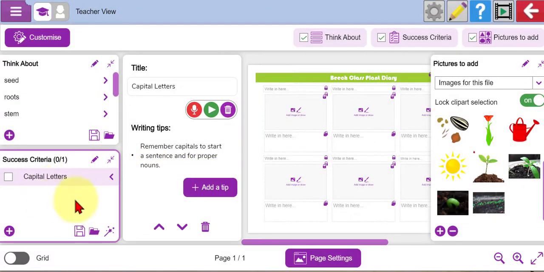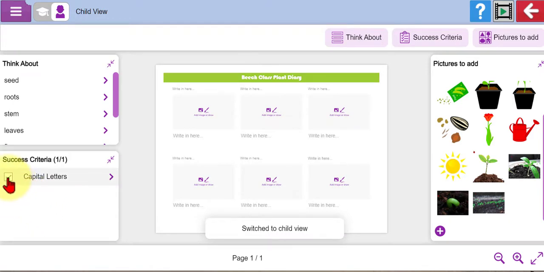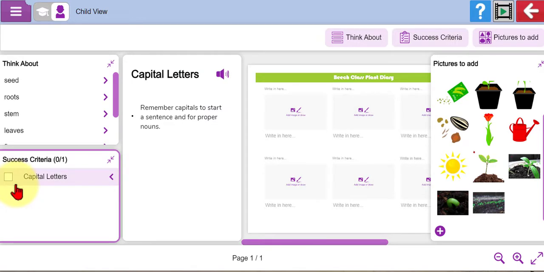Now what that does is, in the child's view, it will become a tick box that the children can put a tick in to say they've checked and they've included that in their writing. So it's a really nice opportunity to provide some scaffolding and support with some verbal encouragement and the challenge of success criteria. You can save different versions of your template for different groups if you want to, but I've